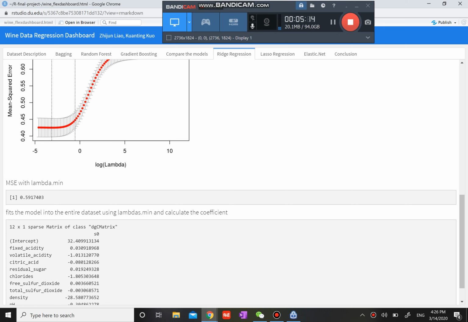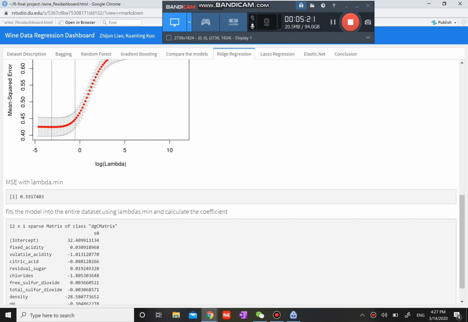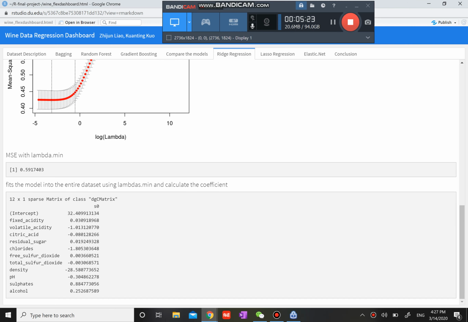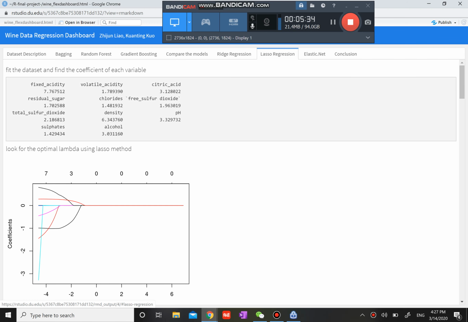I was also wondering what the coefficients are at this point, and if there are any changes. So here I show the coefficients related to the quality using ridge regression. The second method I used was lasso regression. As you can see, the first step I still plot the dataset with a general regression to show the coefficients